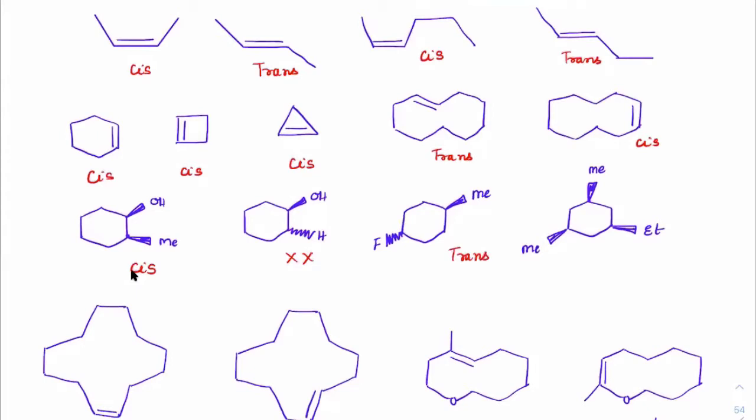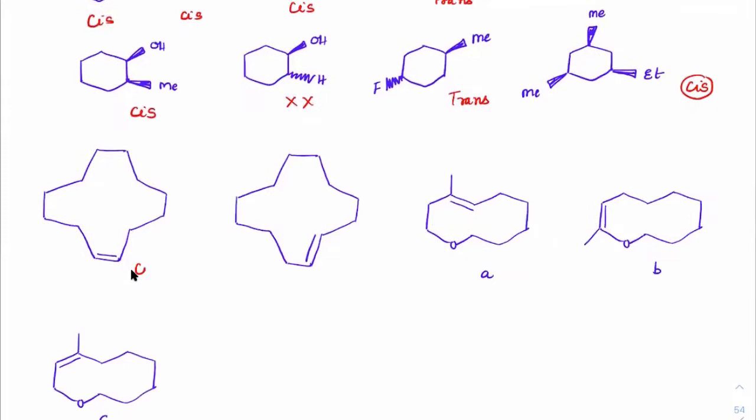Next one. For this one, you have to go individually. Methyl, methyl is cis. This methyl, ethyl is cis. This methyl, methyl is also cis. Overall, it is a cis form. Got it? Suppose on both sides there are cis, and on one side there is trans, we cannot say it completely as cis or trans. We have to state that these two methyls are cis to each other and methyl, ethyl are trans to each other, like that. If all of them are on the same side, then we can definitely say this is a cis type. Next one.